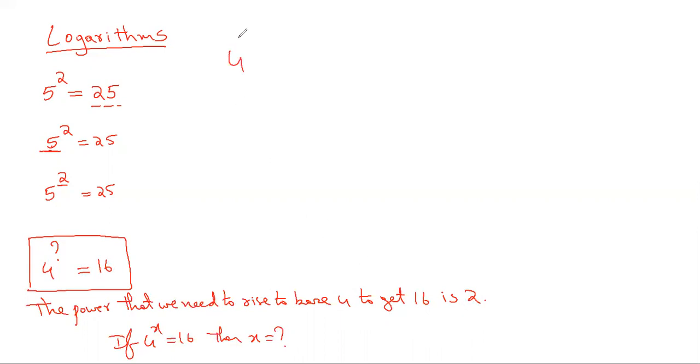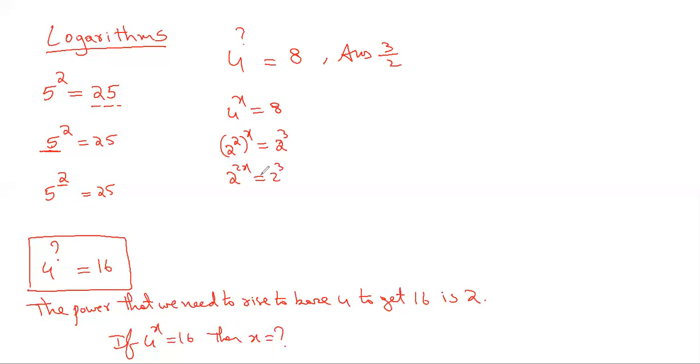Suppose the same 4 power how much equal to 8. Then this is not as easy as the previous question. This time you'll give the answer as 3 by 2. Little difficult, but still it's possible, manageable. You write this as 4 power x. Let 4 power x is equal to 8. Then the 4 you can write as 2 square the whole power x. 8 you can write as 2 cube. So 2 power 2x is equal to 2 cube.